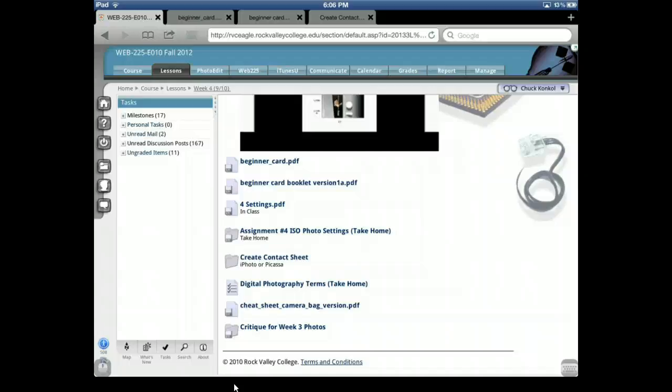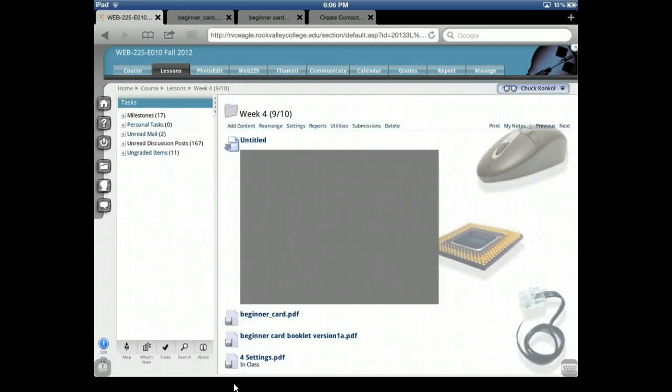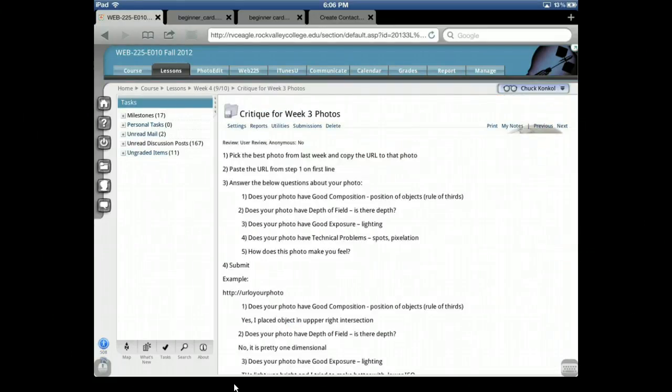And then the critique for week 3 photos we'll do after the quiz. It's really simple. Let me go ahead and open that up to show you what we're going to do before we do it. What I'd like to do is go right from the quiz into the critique, and then I'm going to have some notes I'm going to go over for ISO, and then we'll be done. So what you're going to do for this one is,